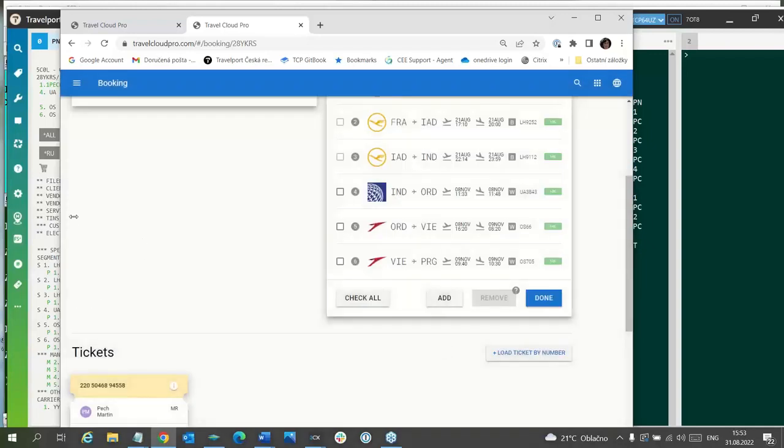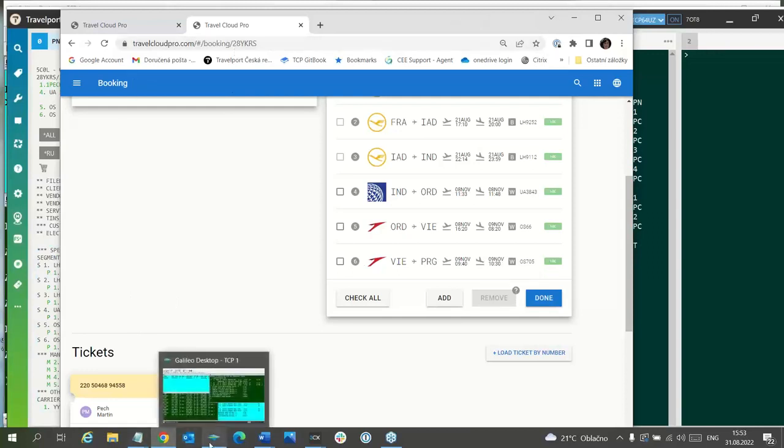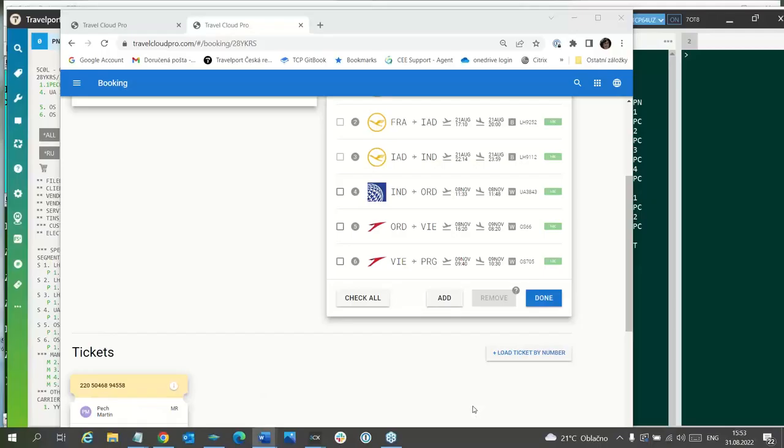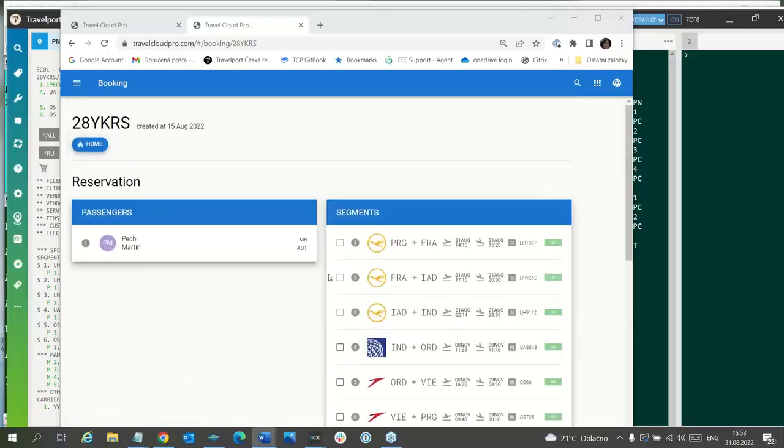Yes. So another example which I would like to show you is this one, where it is exchange using store per code involuntary manual mask. This will be, I think, this one.